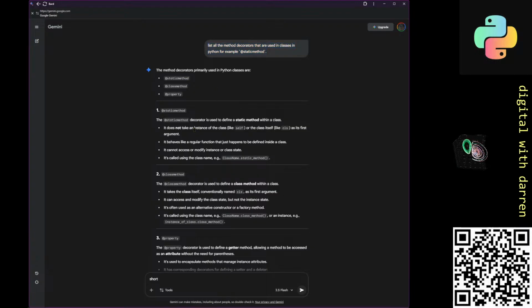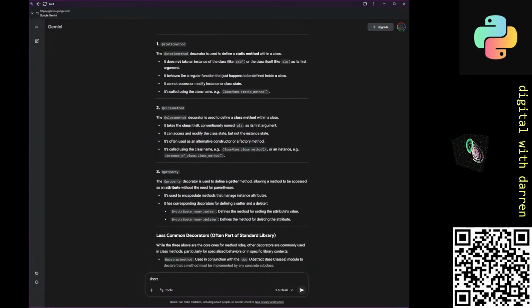You've got the static method. You've got the class method. So decorate used to define a class method within a class. It takes the class itself, conventionally named CLS, as its first argument. It can access and modify the class state,